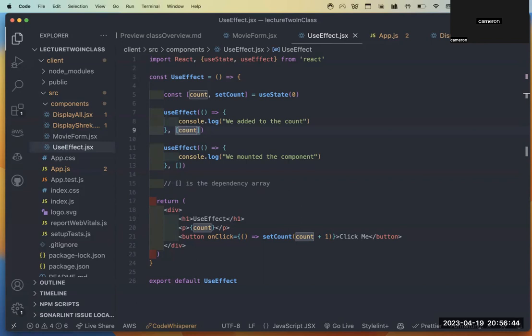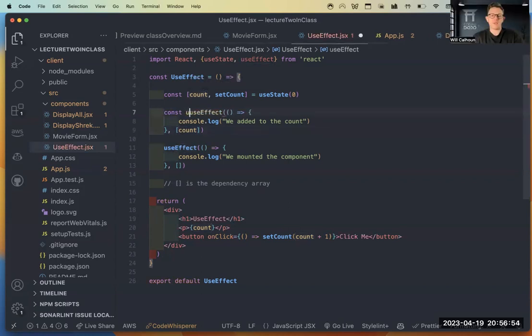Is there any point of doing that, or is it just setting different conditionals in the array? Yeah, I don't see a point in saying const useEffect1 equals this.